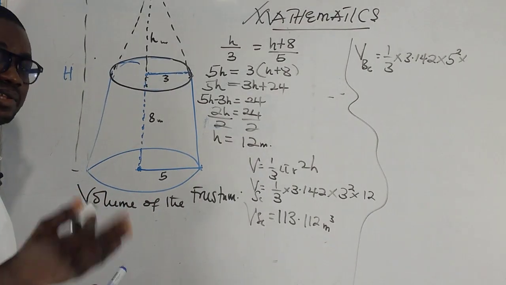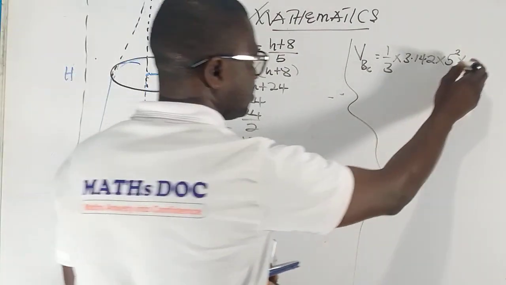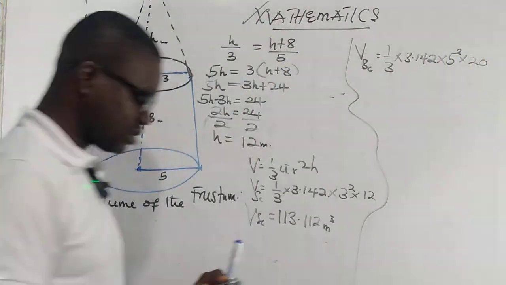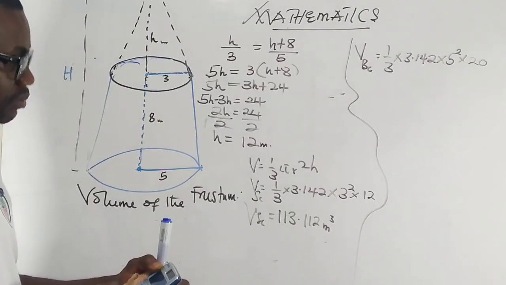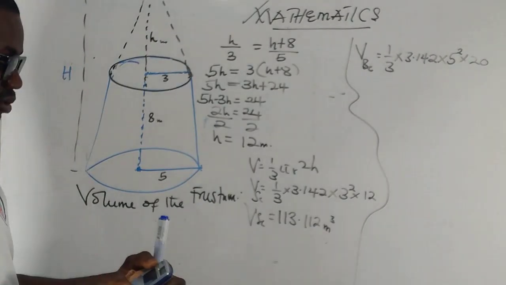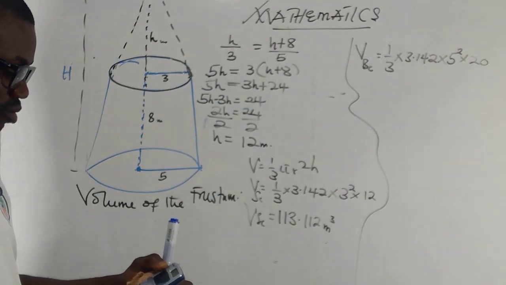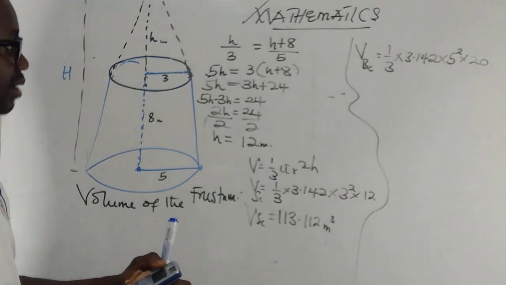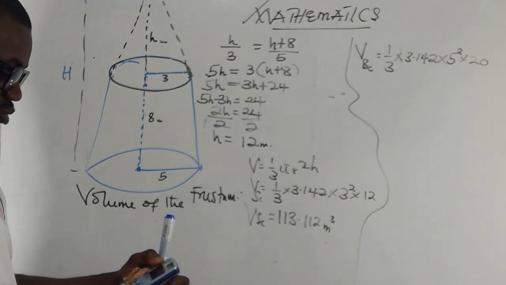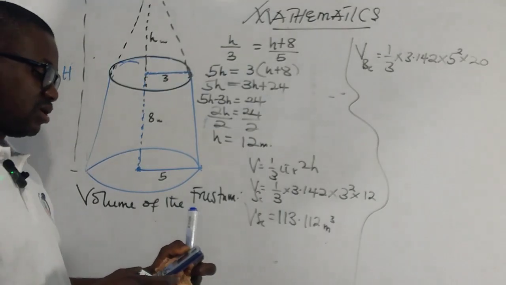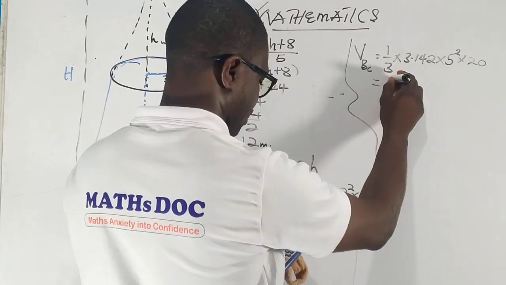So 12 plus 8 gives us 20. Now let's calculate the volume. You have 1 over 3 times 3.142 times 5 squared times 20, giving you